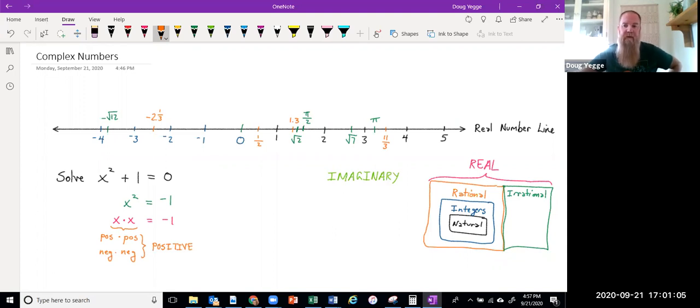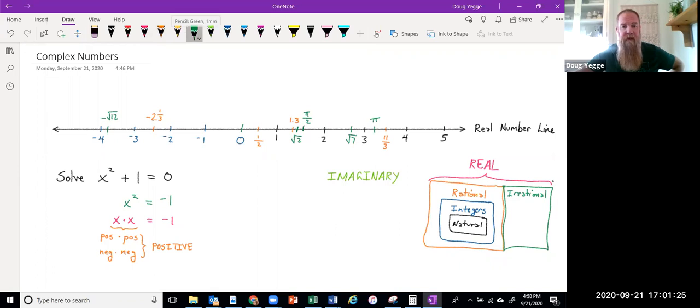And so until the 16th century, people just disregarded this. And it wasn't even until the early 1900s that a man named Gaston Julia said, you know what, I understand that these are peculiar numbers, but why don't we go ahead and keep working with them and see if something interesting occurs? And sure enough, it does.